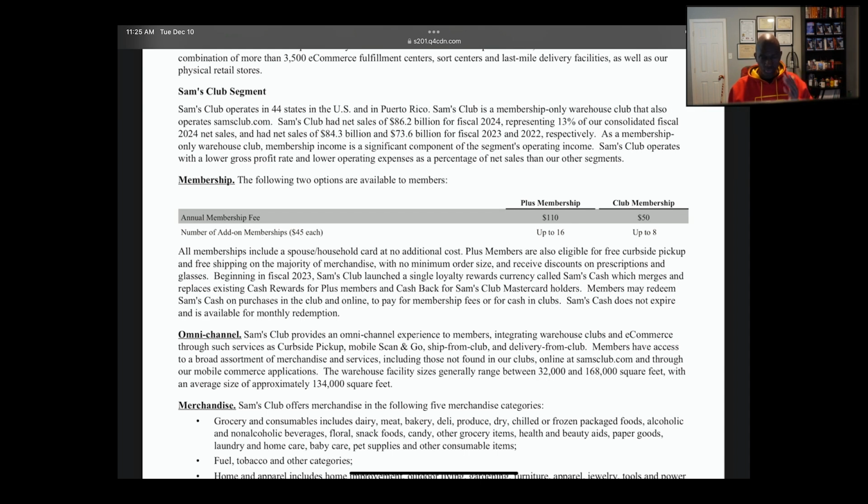Okay. I'm not going to beat that dead horse because that's not where we're at. Bottom line is we can count the number of memberships, the number of plus memberships. We can count the number of club memberships. We can count the number of club memberships over the last 5 years or 10 years or 50 years. The number of plus memberships over the last 5 years or 10 years or 20 years. We can create another column and we can say this is the difference in memberships over the last X